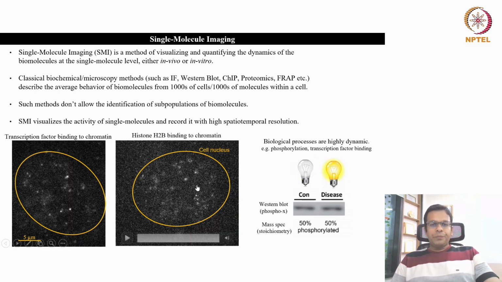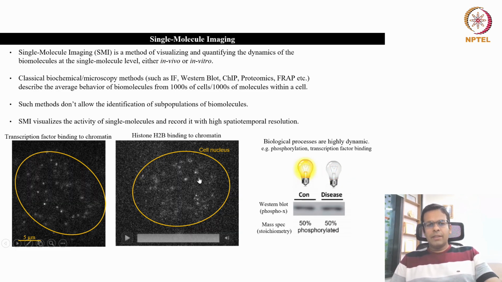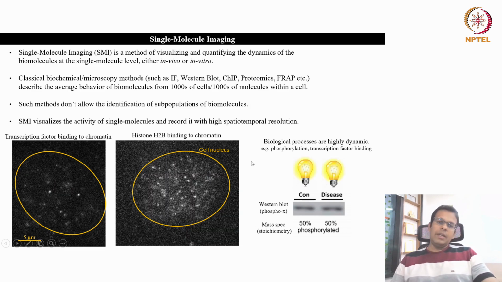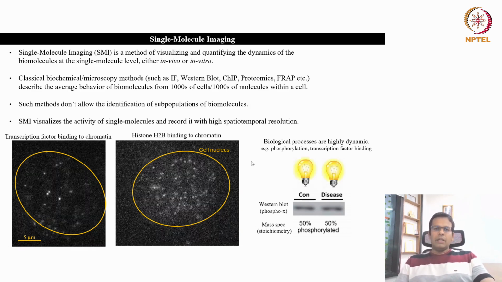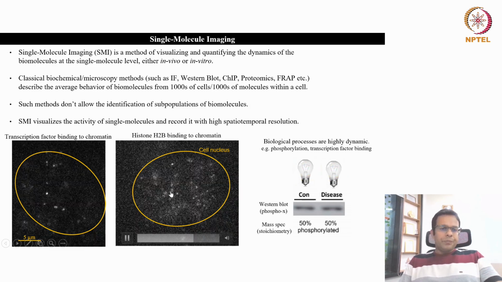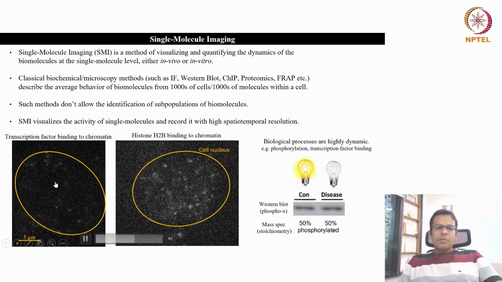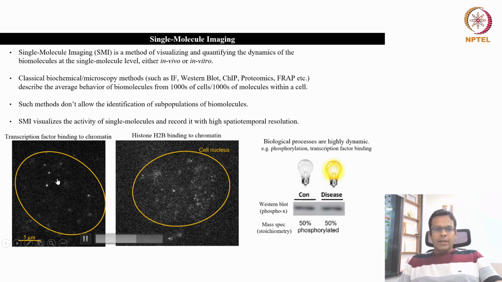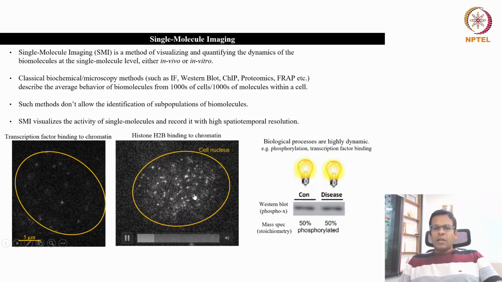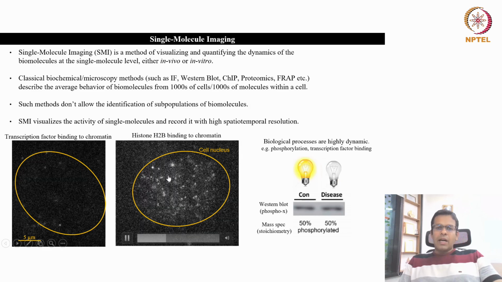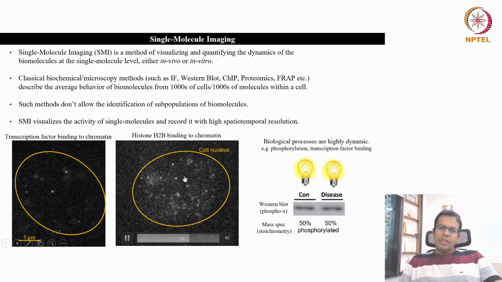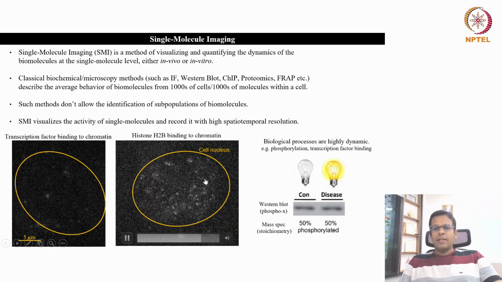Okay, so single molecule imaging is a method by which you can visualize individual biomolecules in the live cell or even in vitro. Just by looking at these movies, what can we see? You can see how fast the molecules are moving, or whether some of the molecules are stably bound. Some of them are not changing position, whereas some are diffusing molecules in the cell.